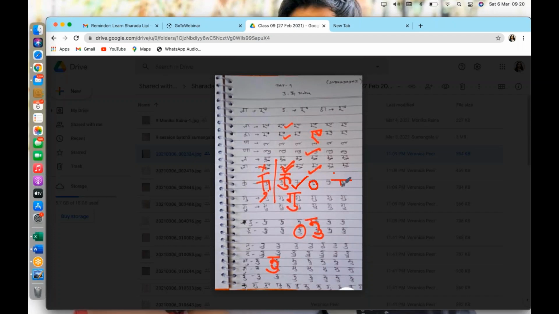When you're writing the letter, for example, this is your letter k, half, as you would know, while writing any matra or any other conjunct below the letter. So when you draw k, if this is your main letter, the matra has to be drawn attached to the letter itself, like this. Again, it is shown in the correction. Just for clarification, I'm drawing this again. So this particular matra has to be attached to the letter.